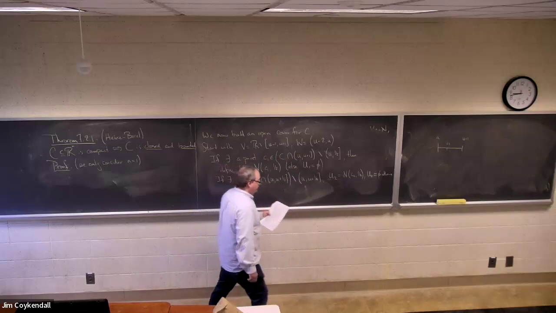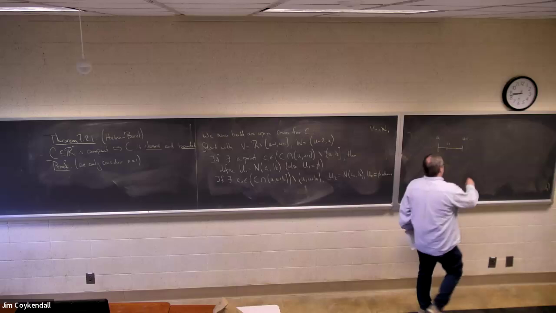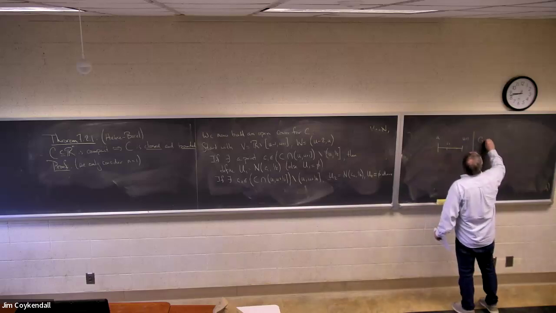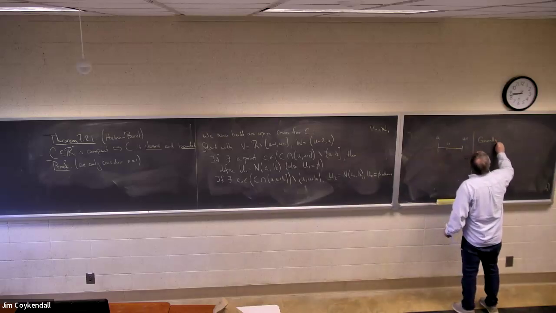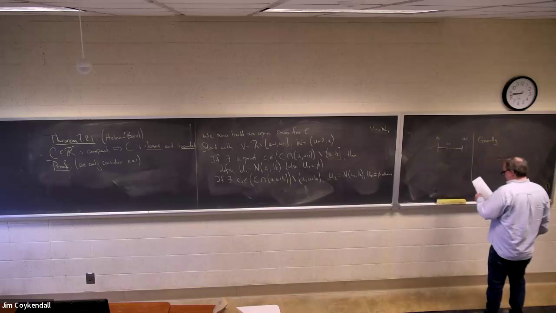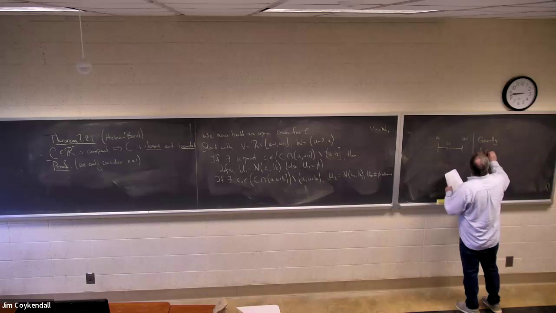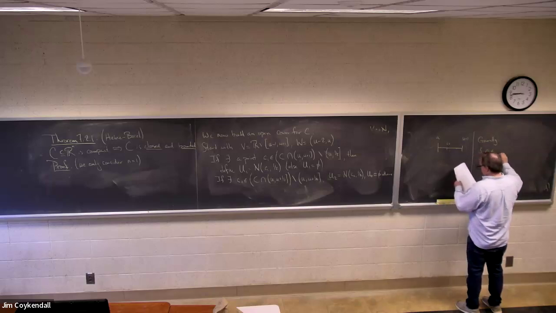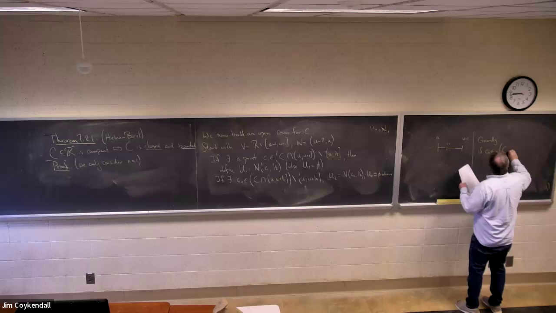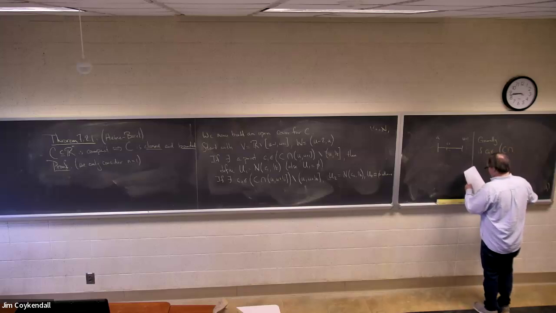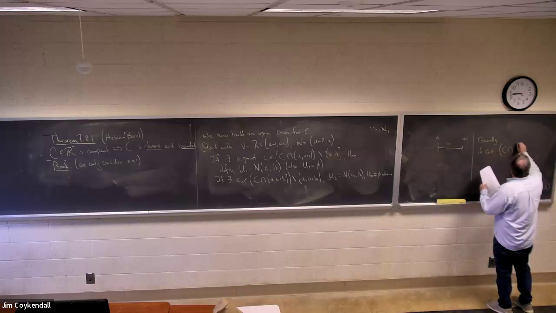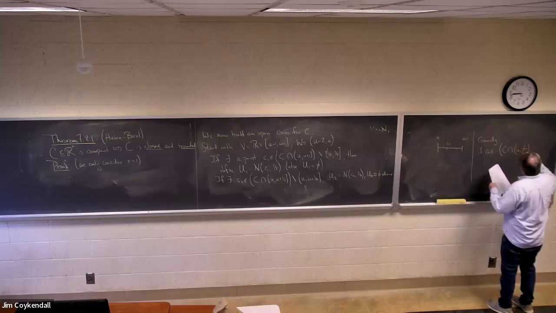Or generally, so the general formula for this. I'm going to let, if Cn is in C intersect U plus 1/2 to the n minus 1,